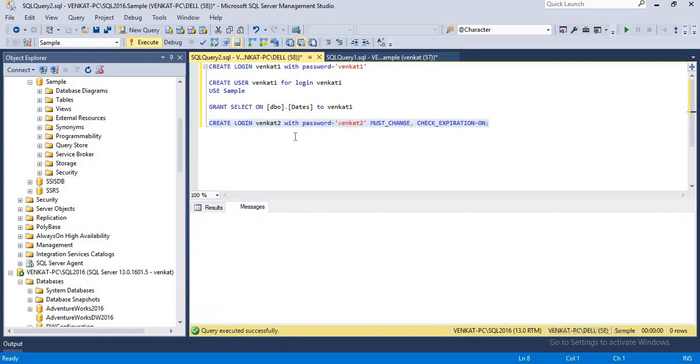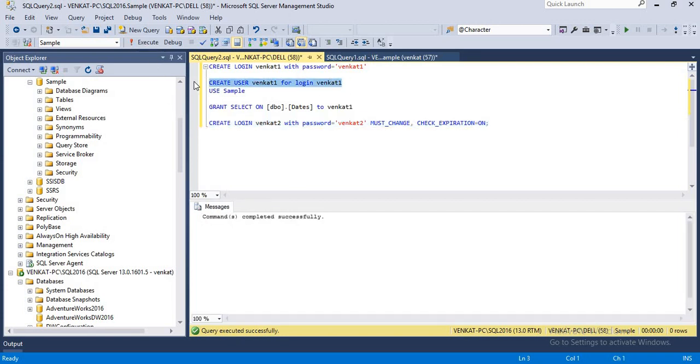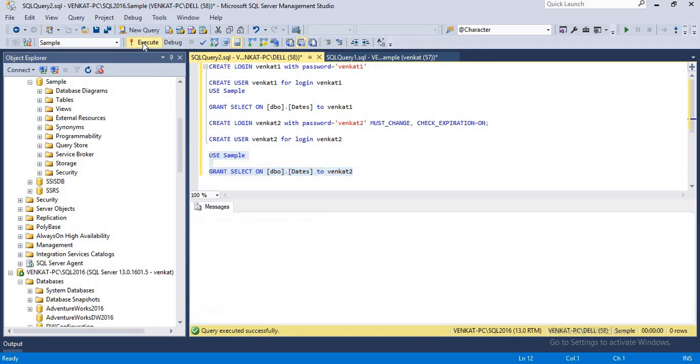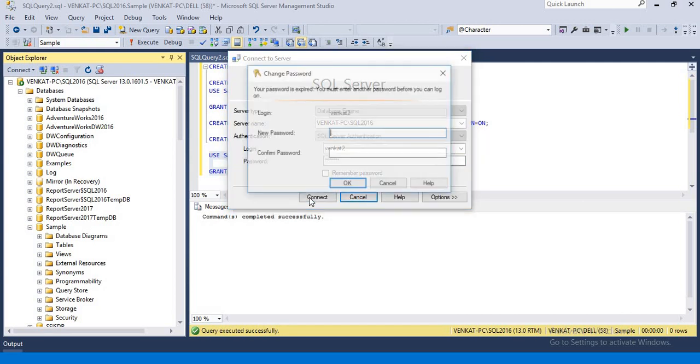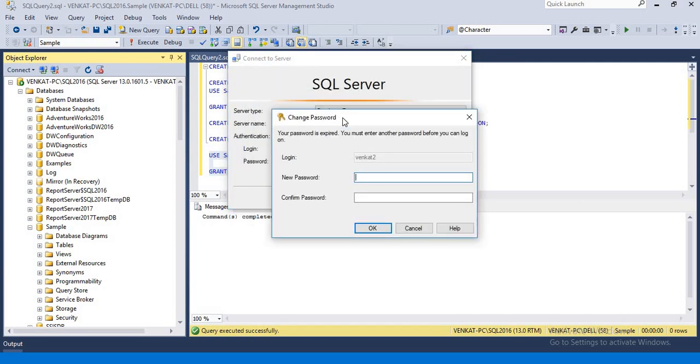Whenever the user logs in, so Venkat2, let me create this also the same way. Use sample. I want to go with the same table as for Venkat1. Now let's try to log in. Yes, do you see it's asking for a password change?